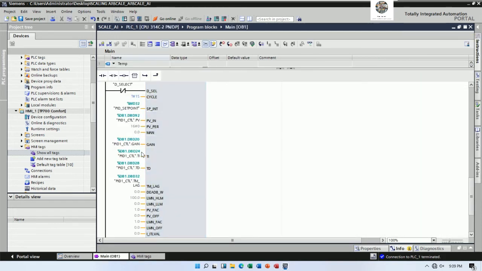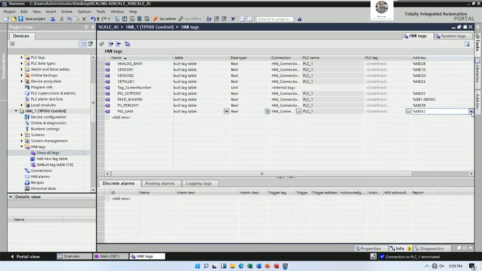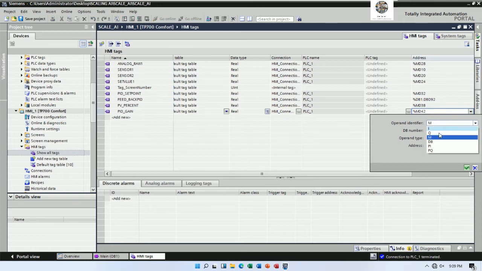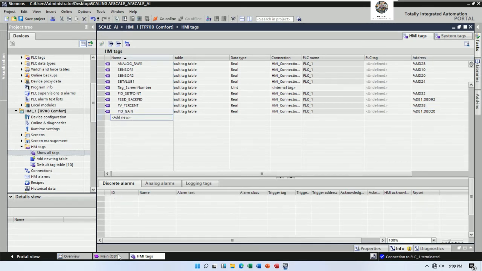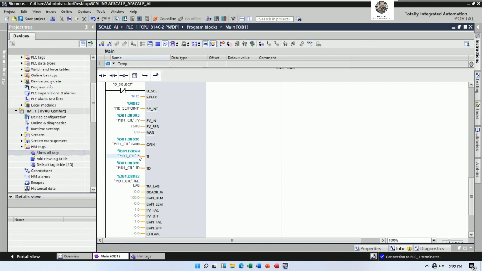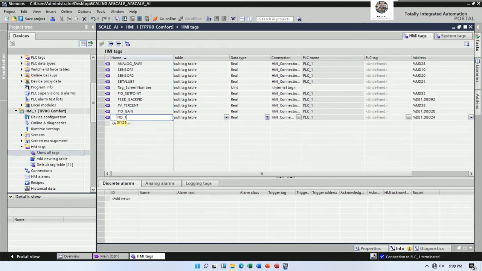And then this one is db1.dbd20. So we can use db1.dbd20. Yes. And the next step is TI, right? TI db1.dbd24. So PID TI,